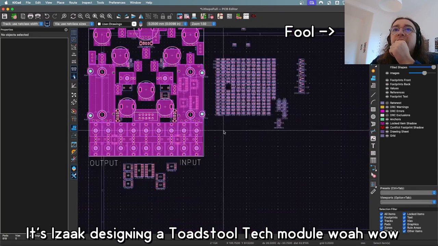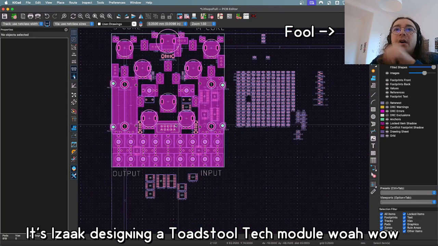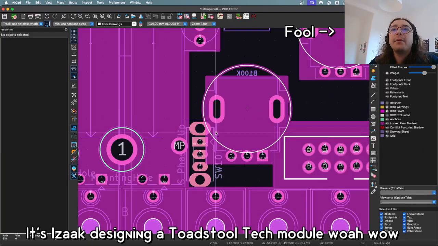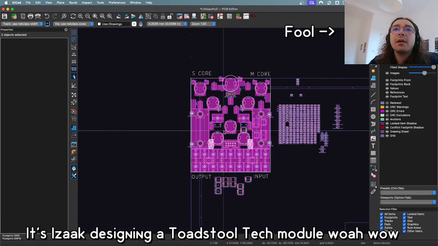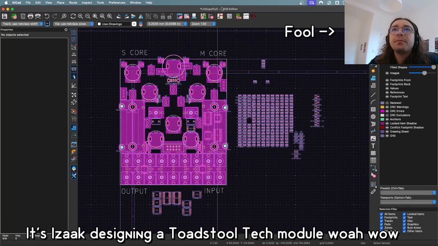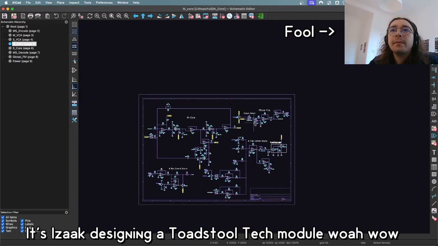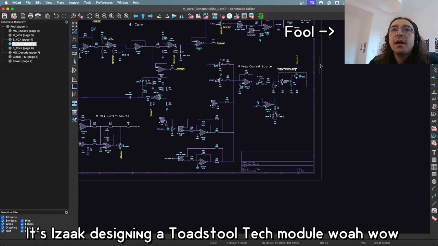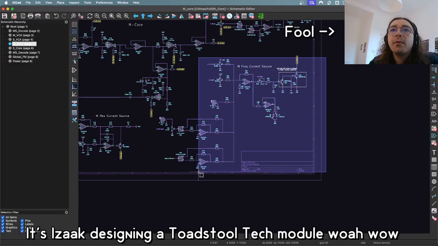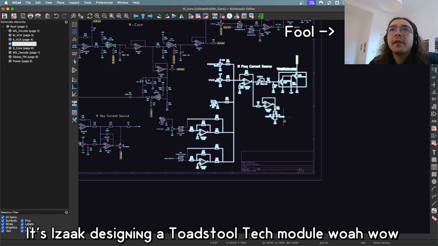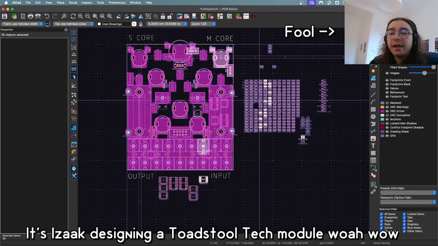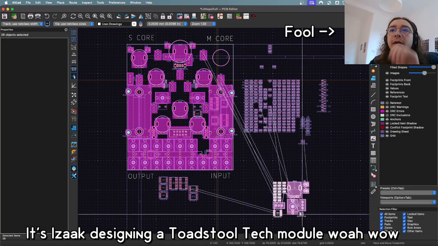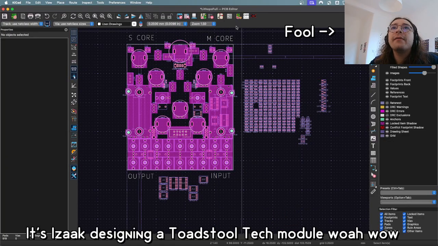If I turn on the locked item shadows, see, all this is locked in place, not moving anywhere. Then I can go into the schematic and highlight a bunch of stuff I want to work with. For example, if I'm doing the M current source and frequency control section, I can go there. All of it will be highlighted here. If I hit P, it's totally ignored the fact that,